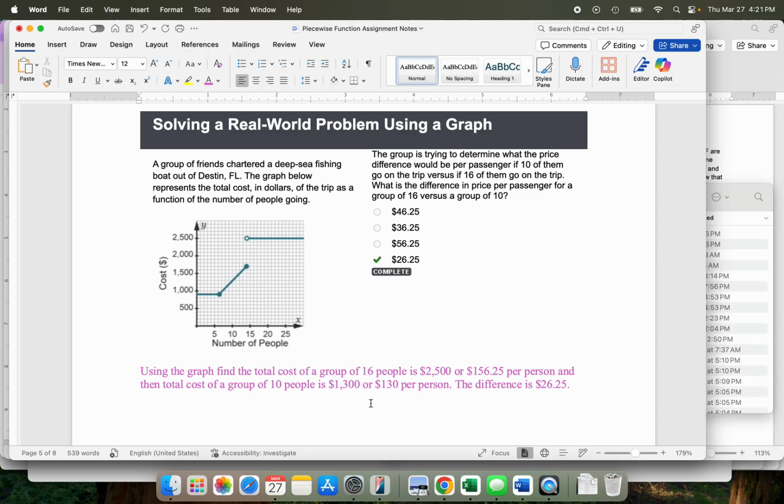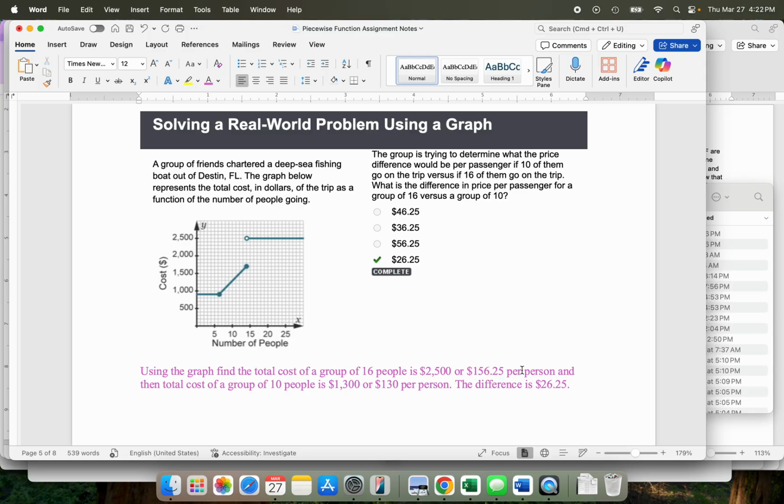Okay, solving real-world problems using the graph. This is just practice reading a graph and knowing the information and applying it. We use the graph to find the total cost of a group of 16 people. So you follow the line at 16 all the way up and find that the price is consistent for groups above 15 people. So at $2,500, it turns out to be